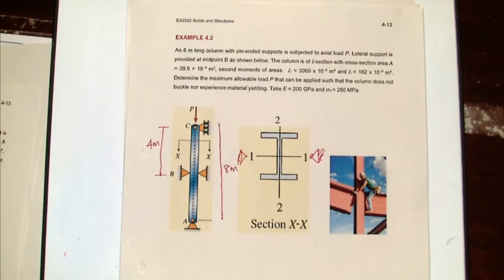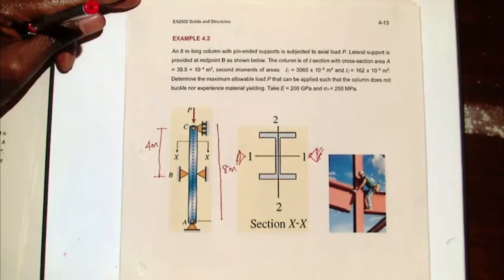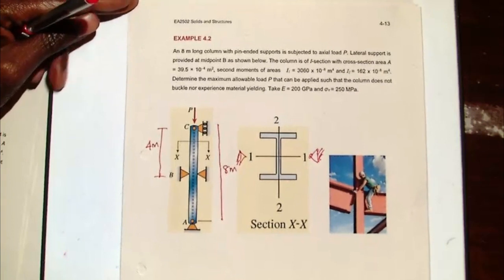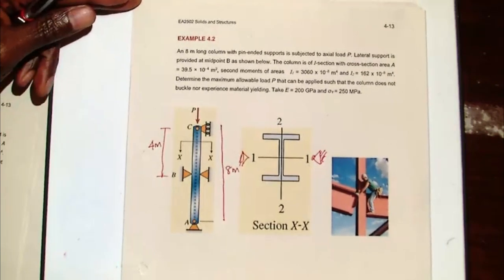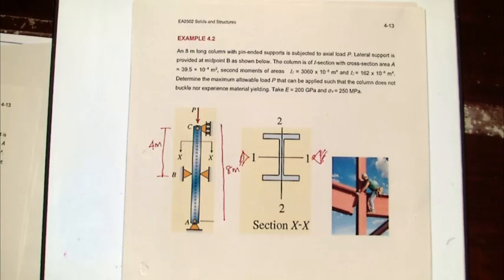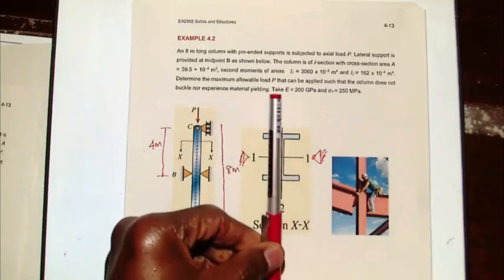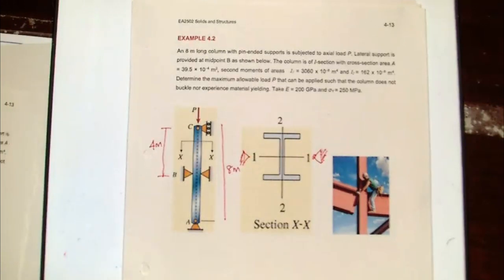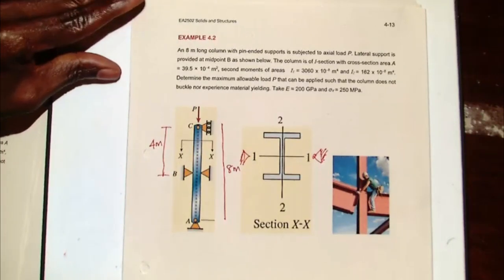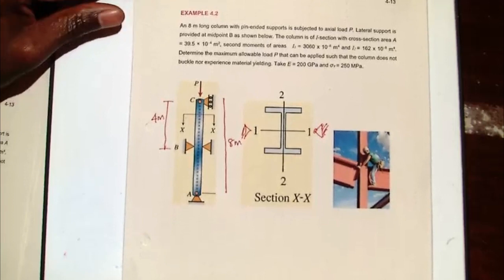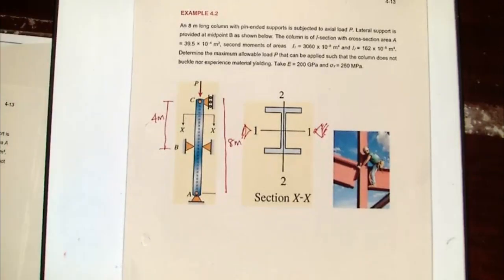And we are asked to find what is the maximum load we can put in to ensure that it doesn't buckle and it doesn't yield as well. So it's an I-beam. We've been given the second moment of area about 1,1 and about 2,2, and we've been given the total area of the cross section as well. We go through the same thing. This is also a case where both ends are pinned. So I'm going to look at the first one. The first one is